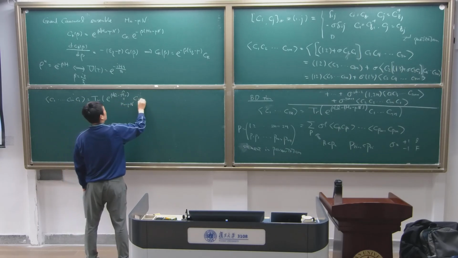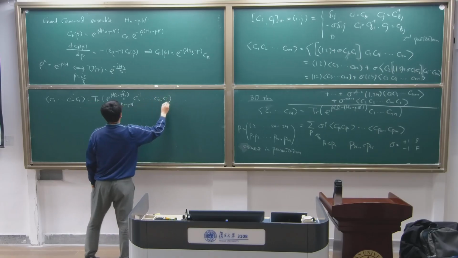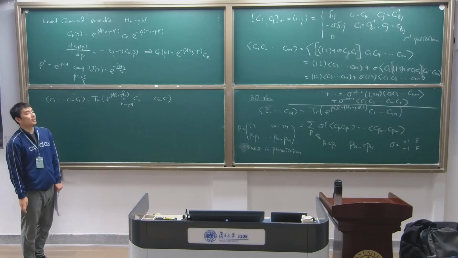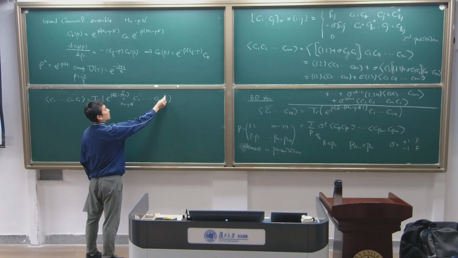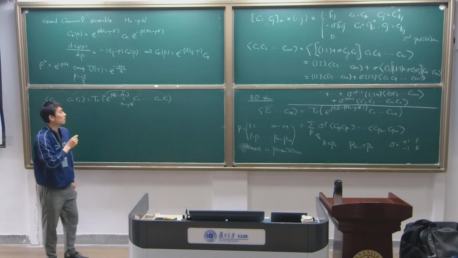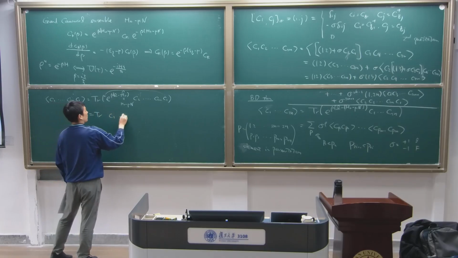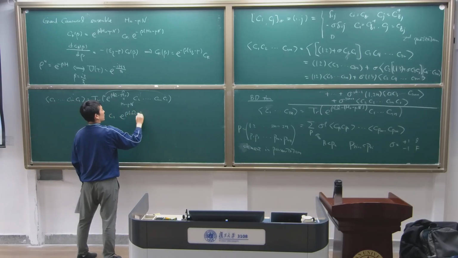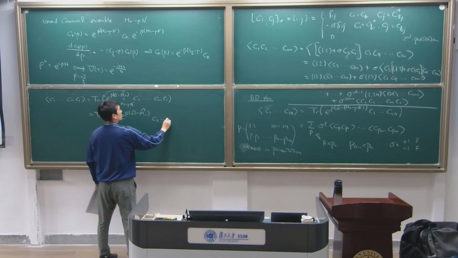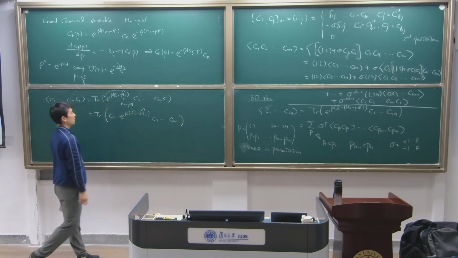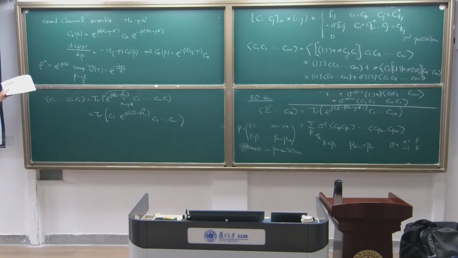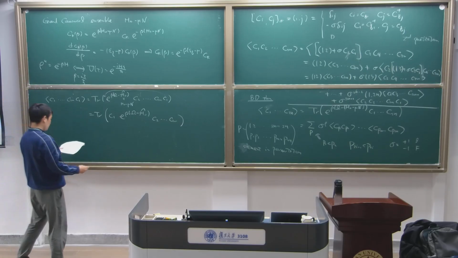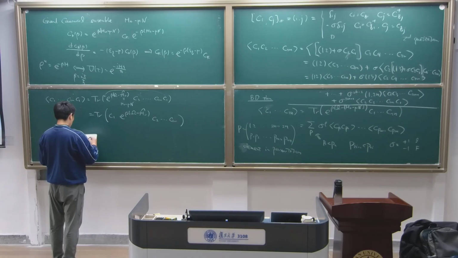First, in the case of the trace, you can bring this one into here. This is the trace of d1 e to the beta omega minus h naught, Charlie h naught e to the n. Okay, like this way. And then you can do the commutation relation between these two. We know the Heisenberg equations. What you get is that the